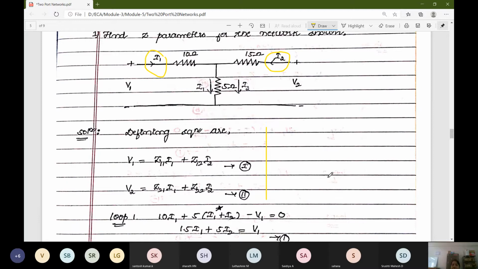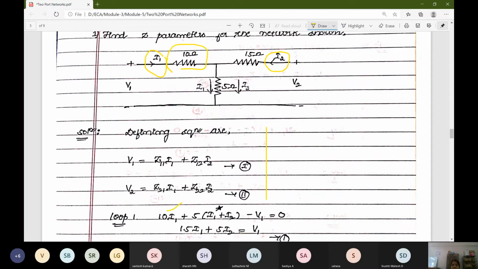So first we'll write the loop equations. We assume that this V1, I1 is one loop and this is the other loop. So we have 2 loops here. We can write the loop equations, that is the mesh analysis. Since they have given I1 already, we'll start from here. So it is 10 I1. In mesh analysis, we write voltage in terms of current and resistance. The 10 ohm is the resistance and I1 is the current. So 10 I1 is written here.